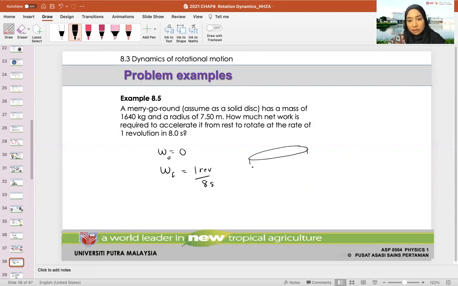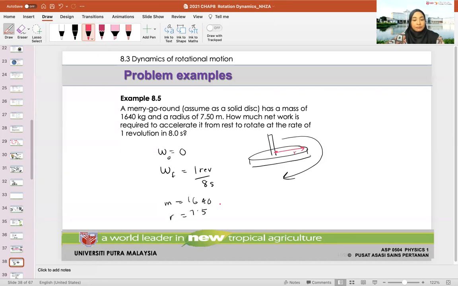Okay, sorry, I have a merry-go-round here, I remember. Okay, there's an axis here, so it will rotate like this. So this is your merry-go-round. It has a mass of 1640 kilograms and a radius of 7.5. So this is the radius over here, from the axis of rotation, this is your radius, in meters. This is in kilograms. How much net work is required to accelerate it from rest to rotate at the rate